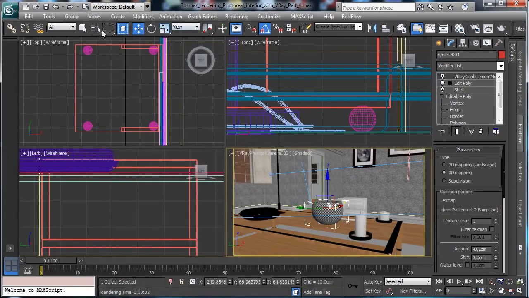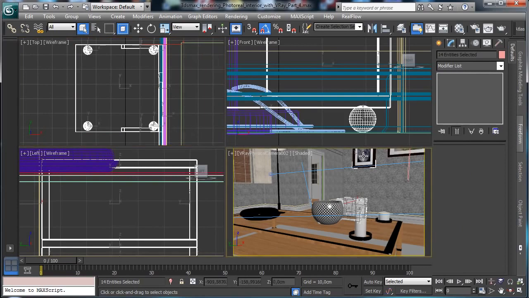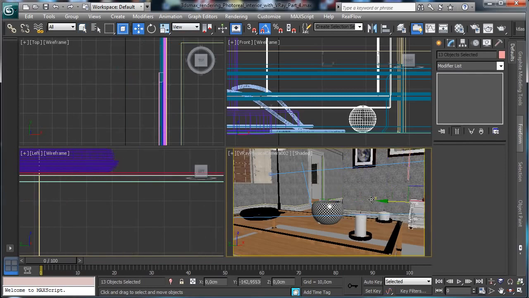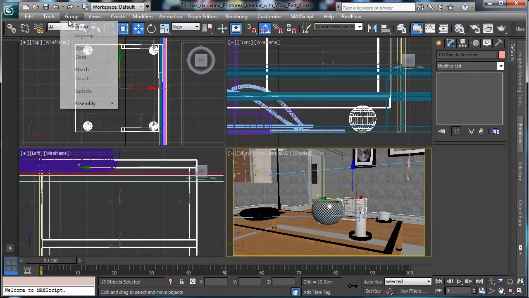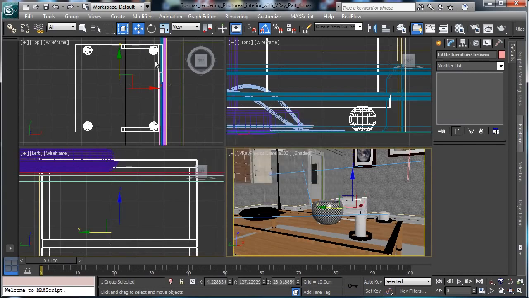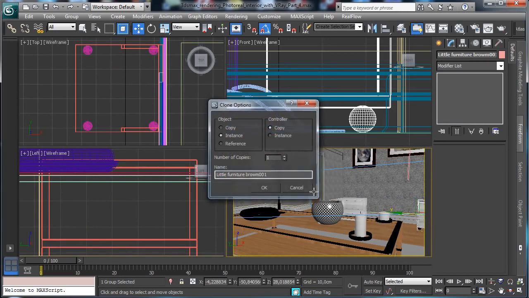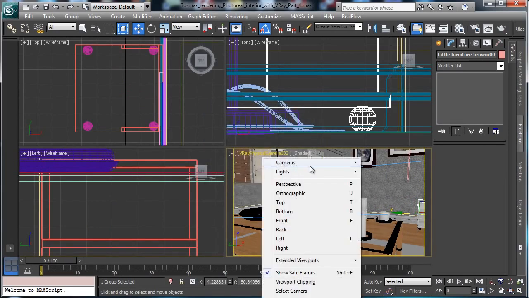Let's select all the furniture there, so we can select in this way, but I don't like to select this one. So let's see if the selection is right. Okay, let's make a group and let's call it little furniture brown, and we make a clone as an instance. Let's go in the camera tree,